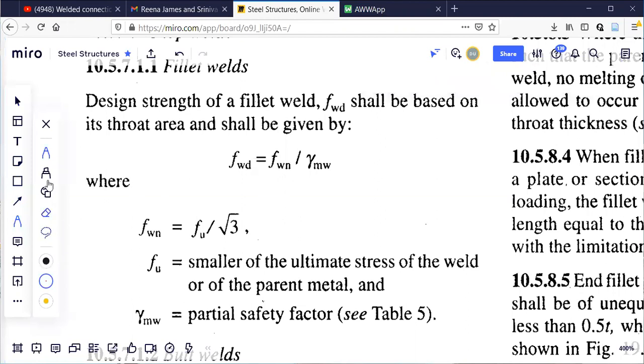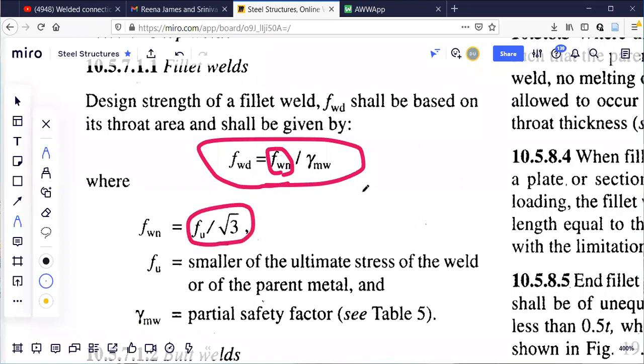FWD, the design strength of fillet weld, shall be based on the throat area and shall be given by this one. Whatever I told you, it is the same. Don't get confused here. In place of this, I'm going to use Fu by root 3. So you replace this with Fu by root 3.